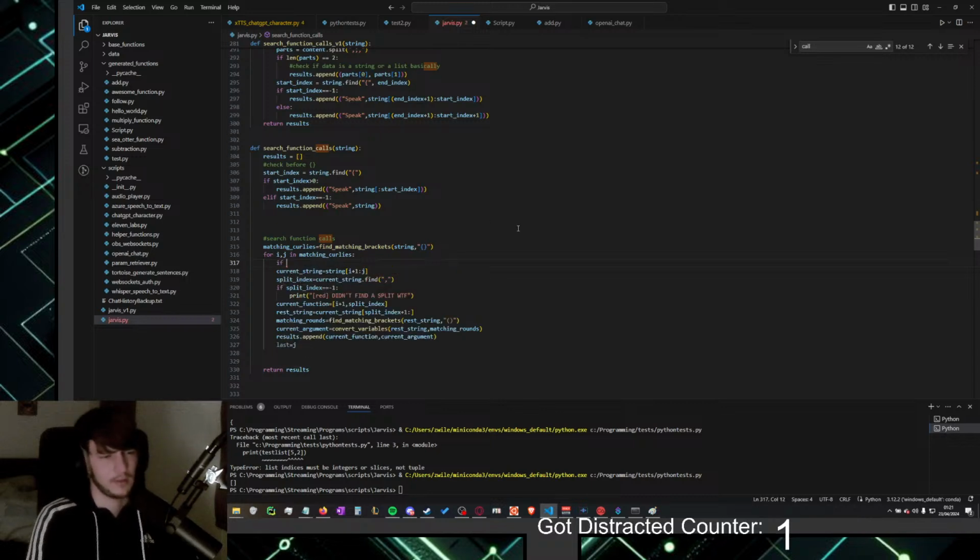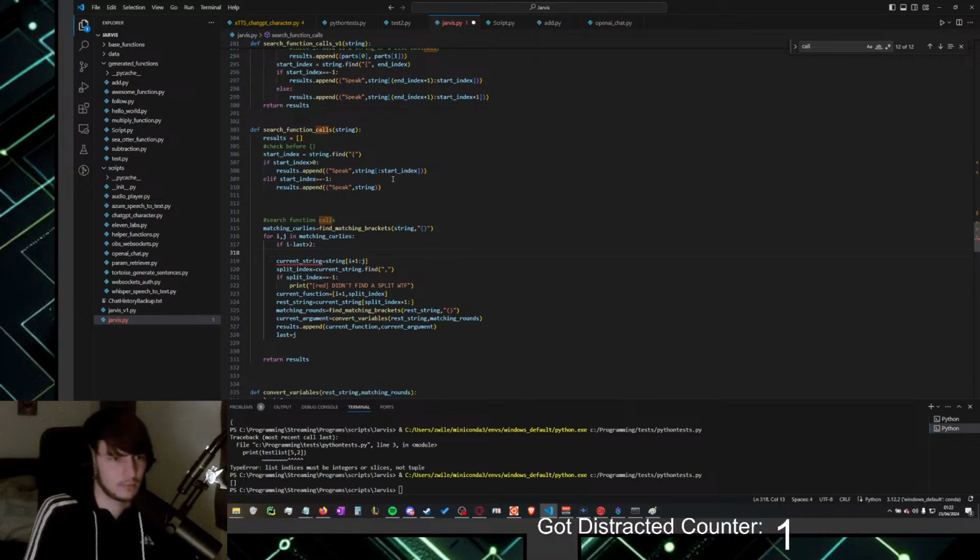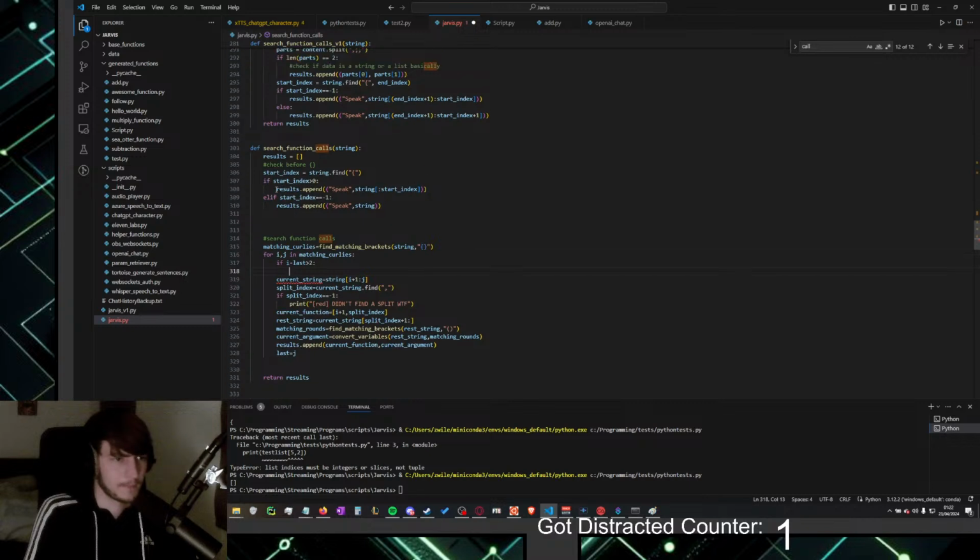If last, actually the other way around, last bigger, let's say 2, then we do basically this. Actually, I need the entire line.